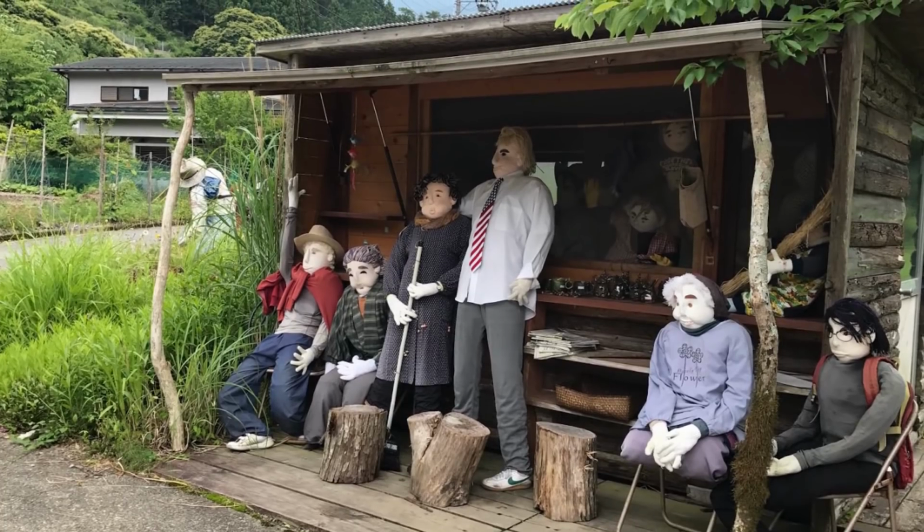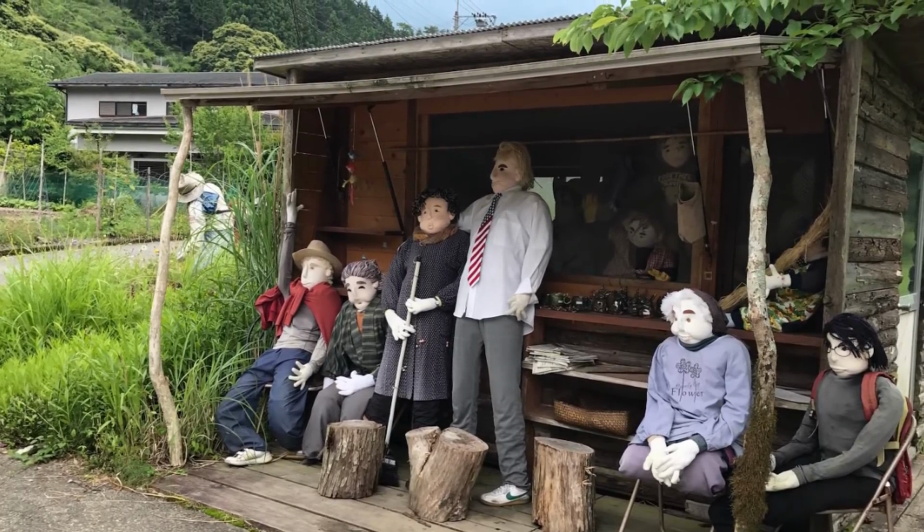And finally, coming in at number 1, Nagoro, Japan. Nagoro, now known as Nagoro Doll Village, is a village in the Aya Valley on the island of Shikoku in Tokushima Prefecture, Japan. It is known for the large quantity of realistic dolls positioned throughout the village, in turn making